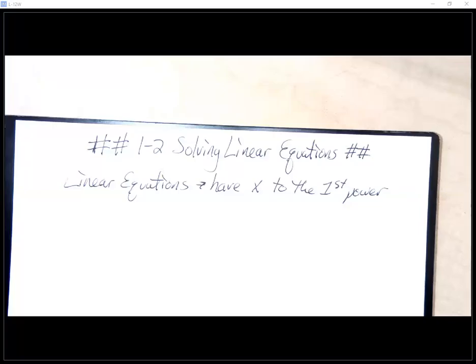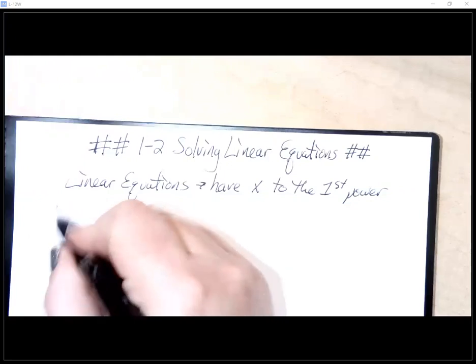So we're talking about linear equations. They have x to the first power. That's how you know at just a glance whether your equation is linear or not. Okay, our whole first unit is really focusing on linear equations. So our goal to solve a linear equation